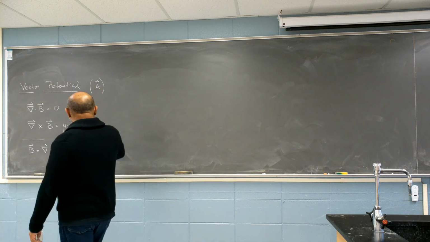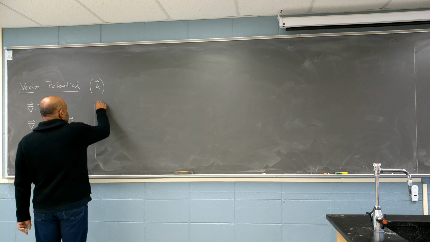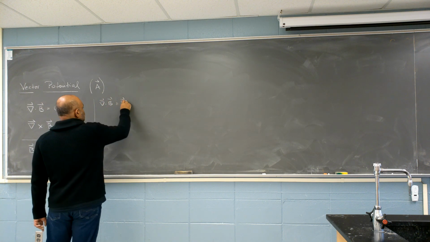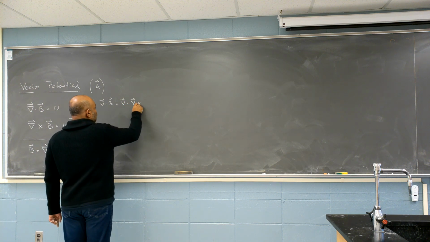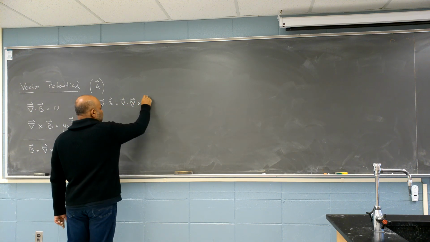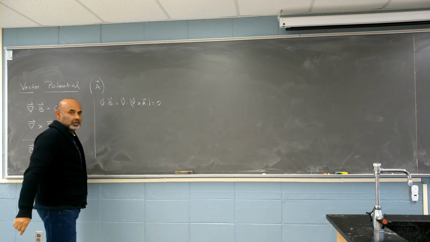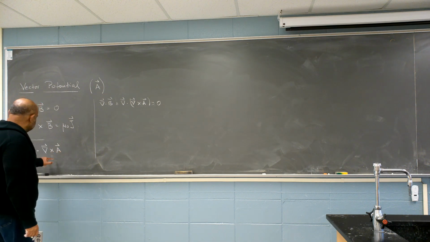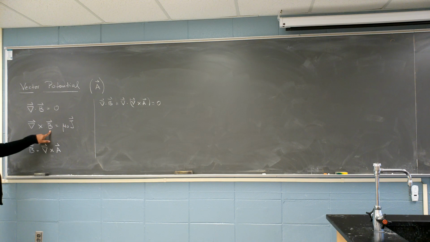Again, let me clarify. Then divergence of B is equal to divergence of curl of A, and we know that the divergence of curl of any object is 0. And that's why, from the Helmholtz choice, you can pick the curl term and say that the gradient term doesn't exist, because it doesn't have to be 0. Okay, so what I'm going to do is take this and stick it back in here,